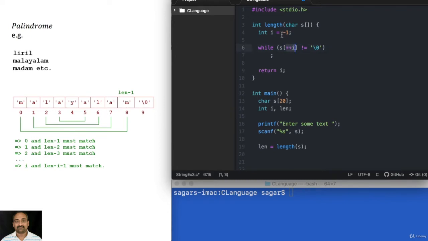Now I made it 0, then s of 0 is not equal to slash 0, that is true. So then it comes inside, then i becomes 1 and s of 1 is not equal to slash 0. Like that it goes till slash 0 and it returns the actual length.